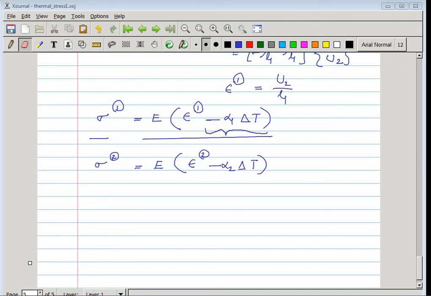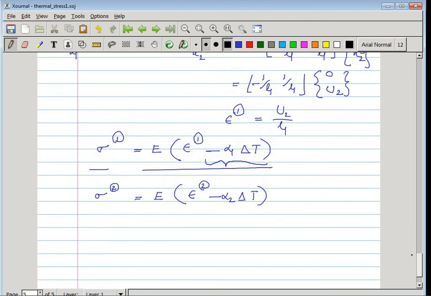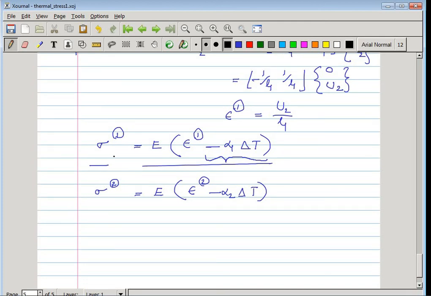So in part 1 we have computed the displacement and also we have shown how to compute the stresses in elements. Here this should be E1 and this should be E2. So now if we do a little bit of calculations, then sigma 1 by E1 is equal to epsilon 1, and that is